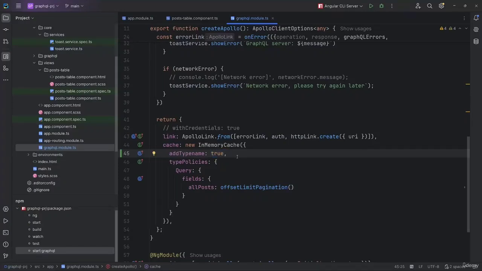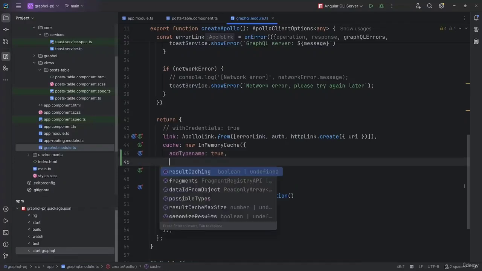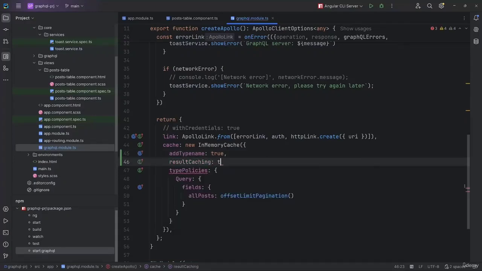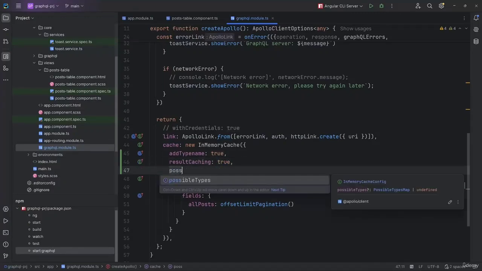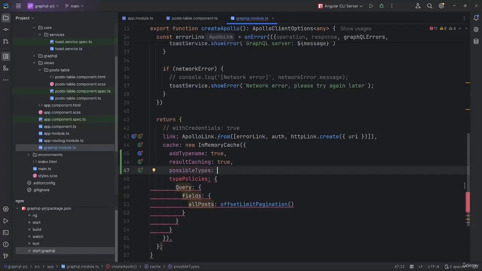We saw the type name field before when fetching data from the GraphQL server. Result caching: when enabled, Apollo returns the exact same object if the result hasn't changed between queries, helping optimize re-renders in Angular components. By default, it's set to true. Possible types: this is useful when working with interfaces or union types, allowing you to help Apollo interpret the shape